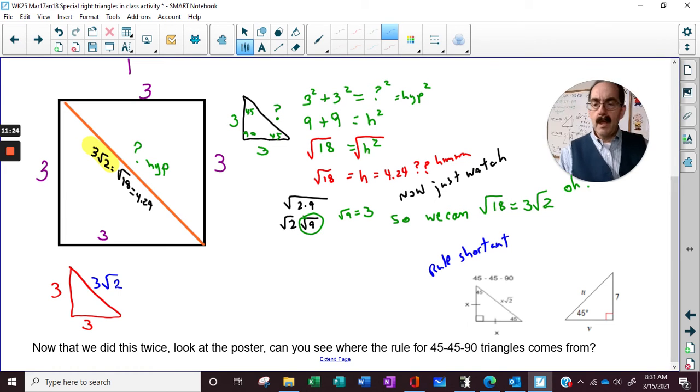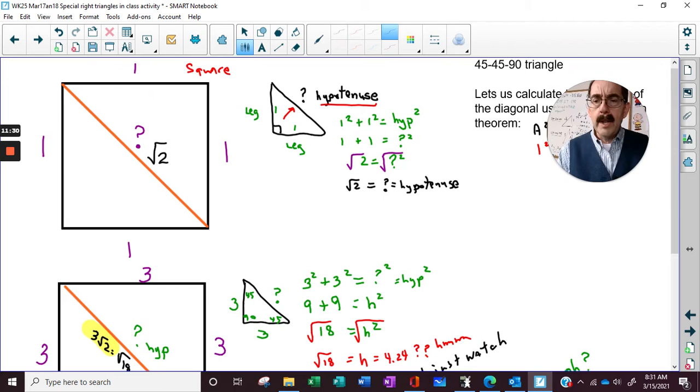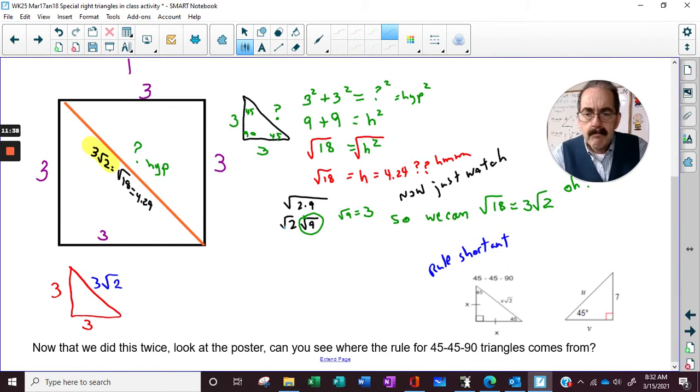Notice, now that we did this twice, 1, 1, 1 square root 2, 3, 3, 3 root 2, we take the leg, and the shortcut is